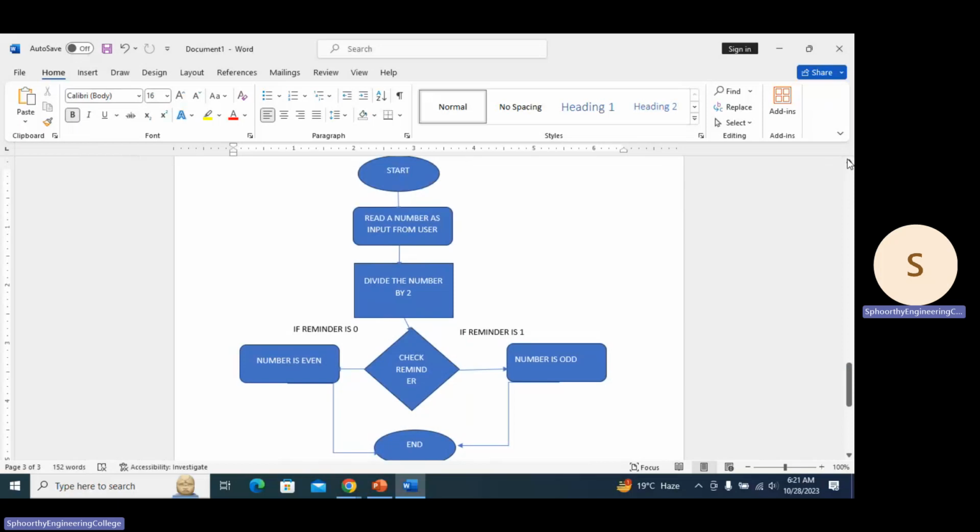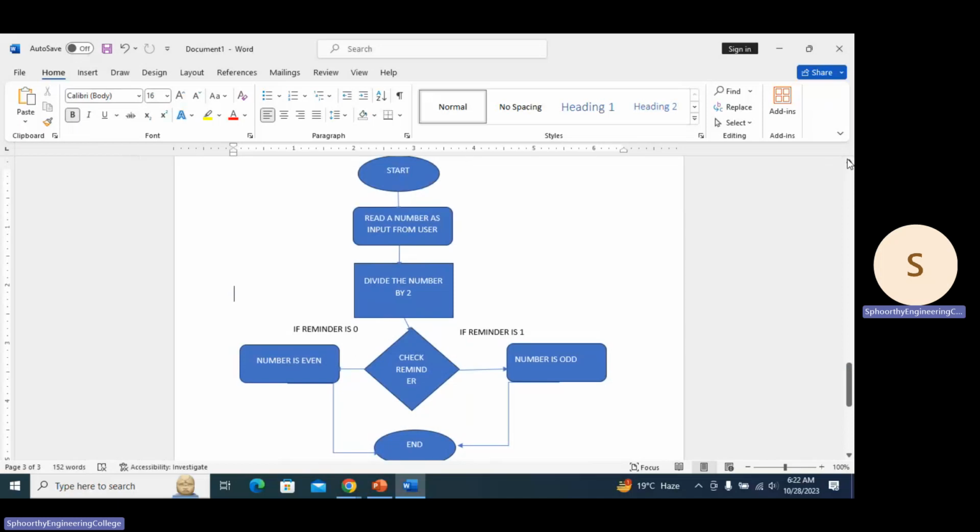So one is oval for start and stop, parallelogram for input and output. Remember, parallelogram for input as well as for output. Similarly, a rectangle for processing, to represent there is some processing happening. And if at all you are making any decision, you use a decision box to represent whatever decision you are